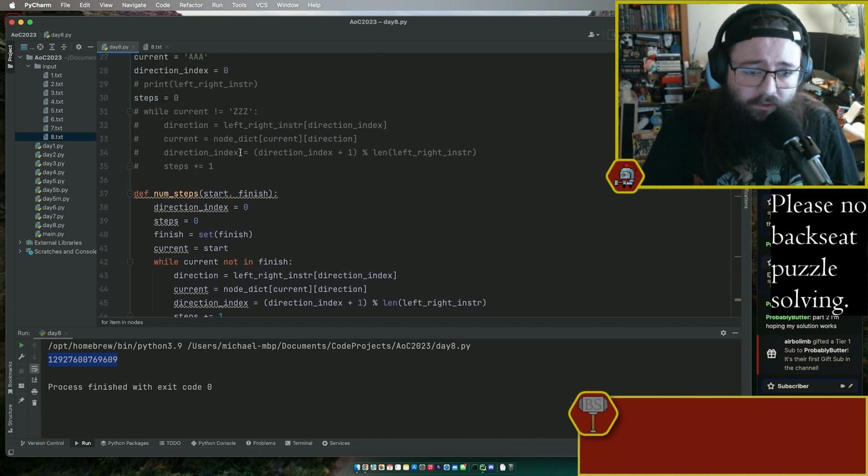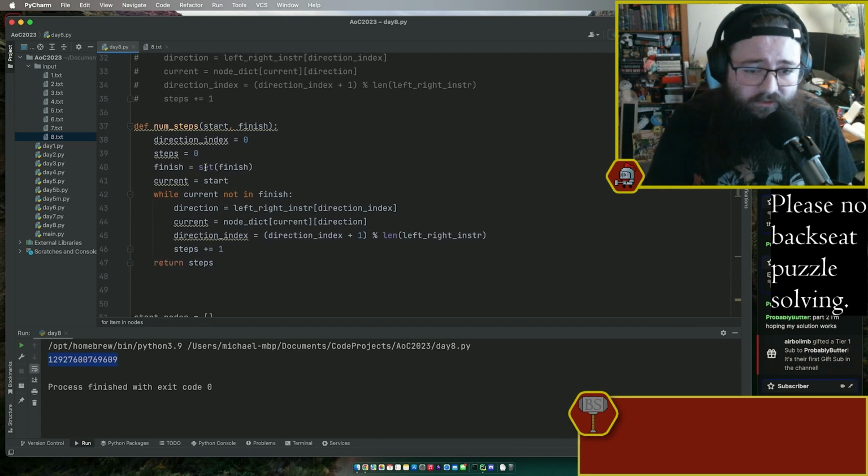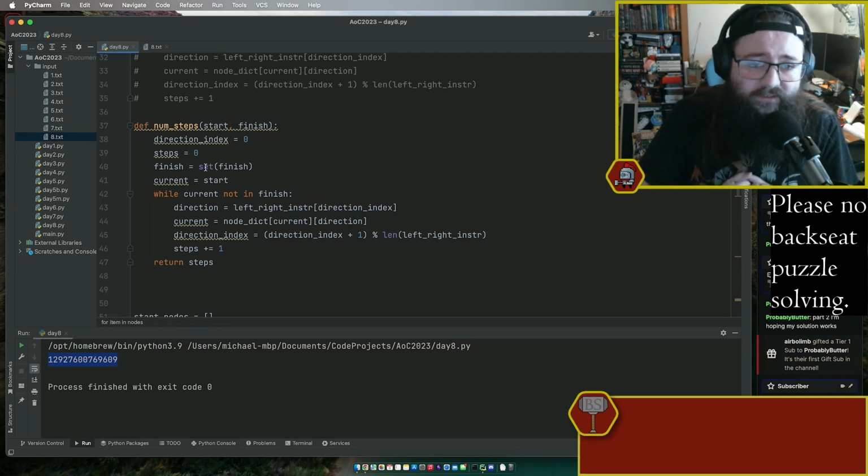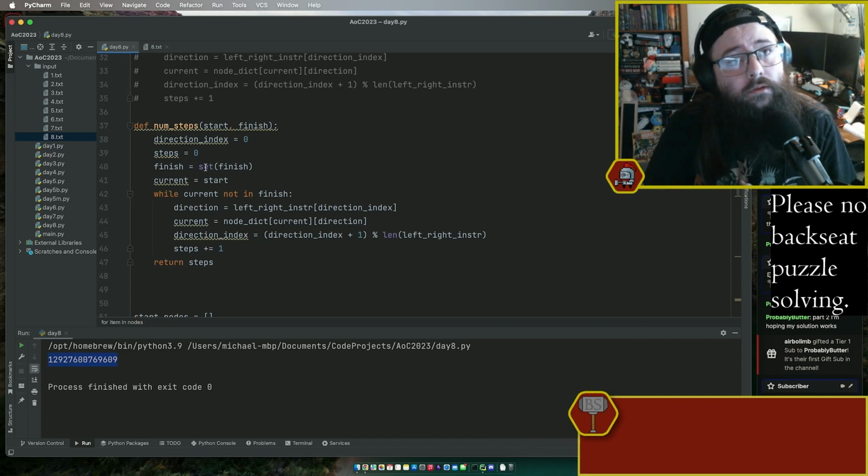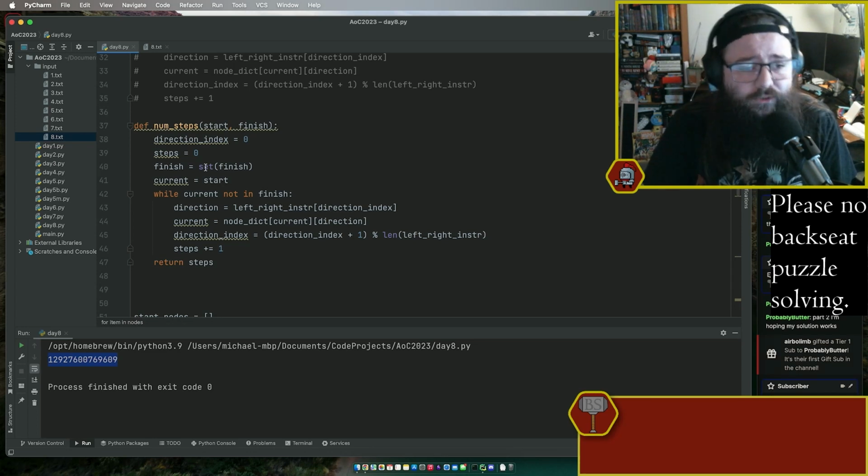But the smart way to do it is to look at each start individually, let it head off until it hits a finish, and figure out how many steps it needs to take. And if not all of the starts reach a finishing node at the same time, then you just reset. And so you know that, well, actually, do you know that? I might be assuming some things, but the way that I'm thinking about it is that